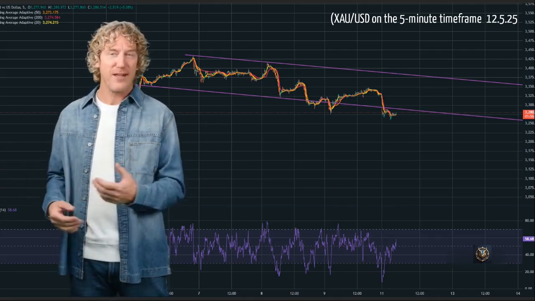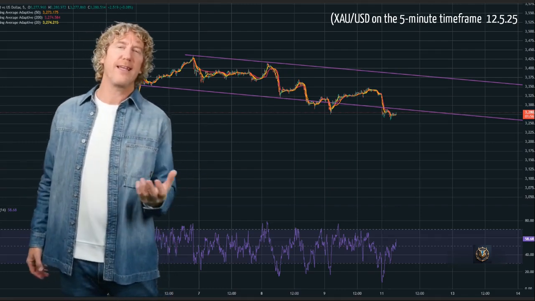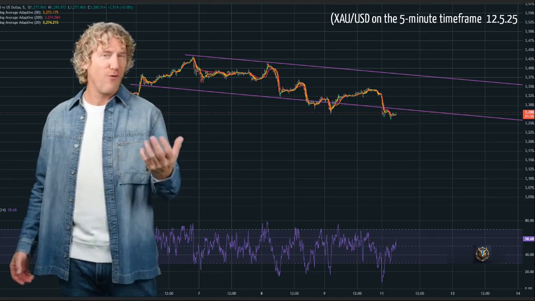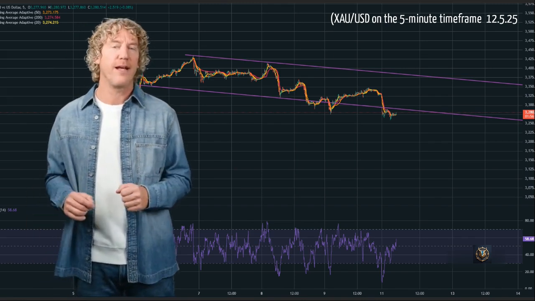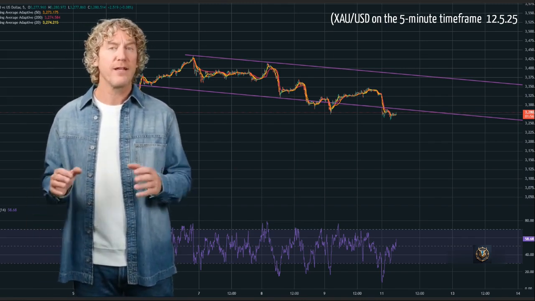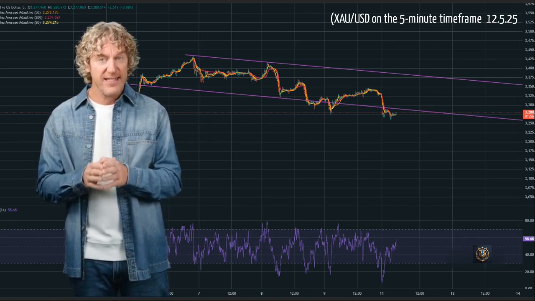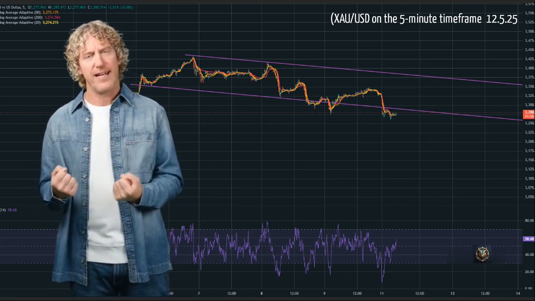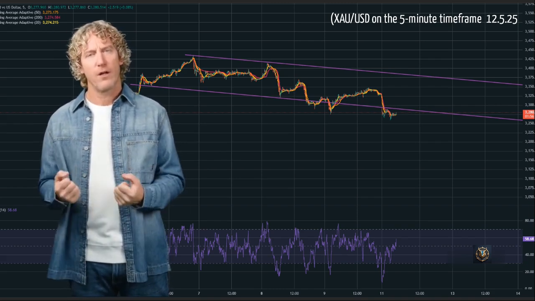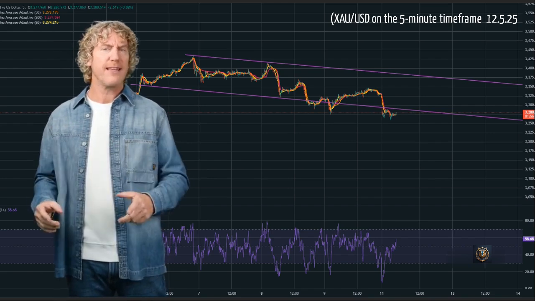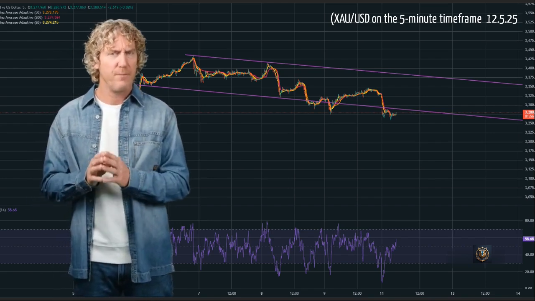XAUUSD on the 5-minute time frame. Here's a detailed technical analysis as of May 12, 2025. Price structure and trend. Current price, $3,280. Trend: the market is currently in a descending channel with clear lower highs and lower lows. Price action: gold is hugging the lower boundary of the channel, suggesting bearish pressure, but there's a potential for a